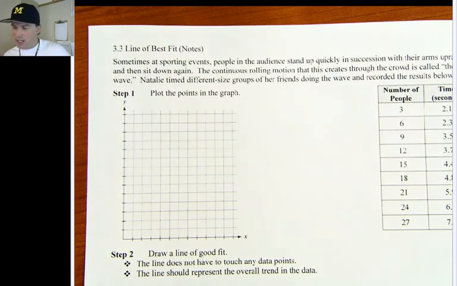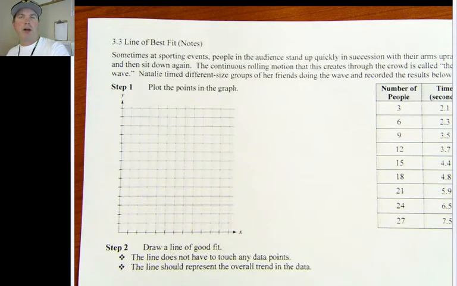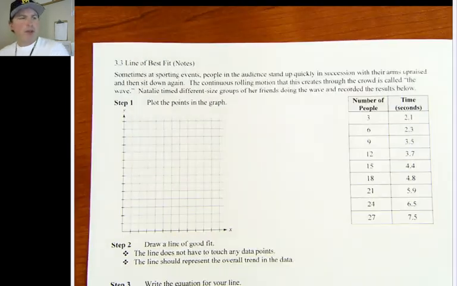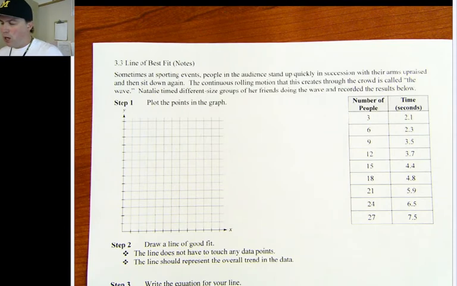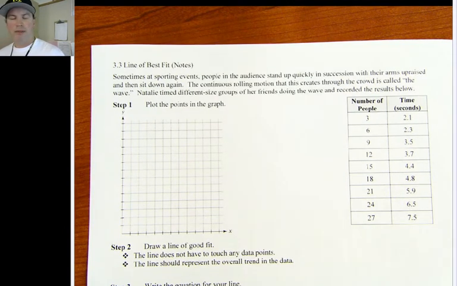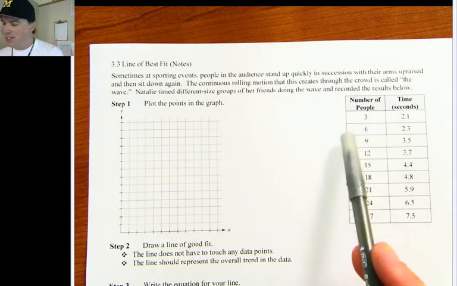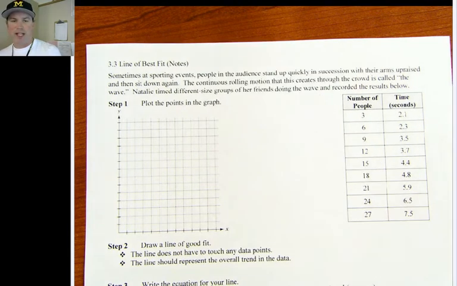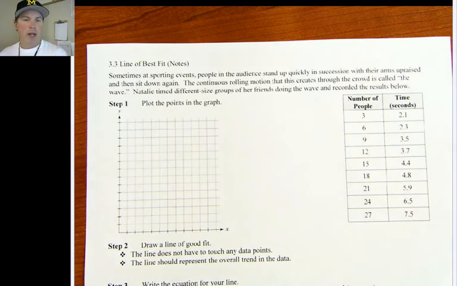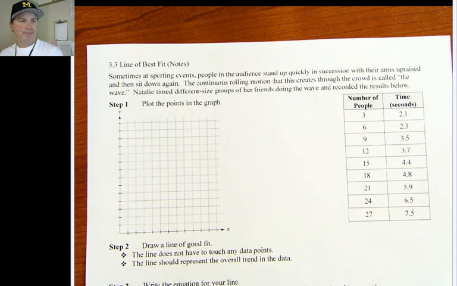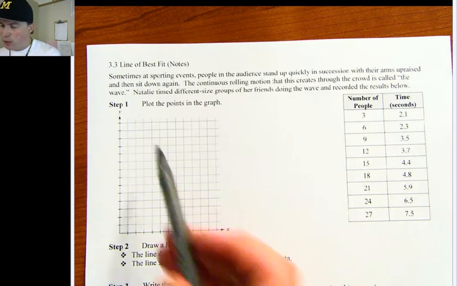This lesson is called Line of Best Fit. This is a topic that you did cover in Algebra 1. And this particular problem is about the wave. If you've ever been to a sporting event, they may have done the wave if the game got boring at some point. Anyway, this person determined that a 3-person wave took 2.1 seconds, a 6-person wave took 2.3 seconds, and so on. And our first thing we need to do, step 1, is plot